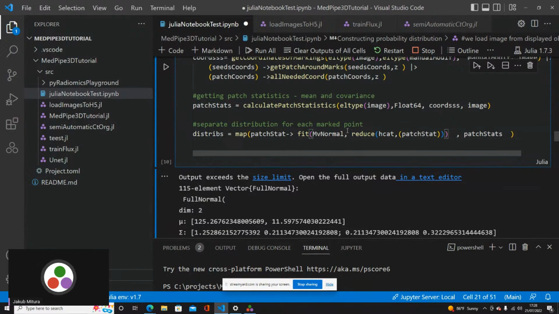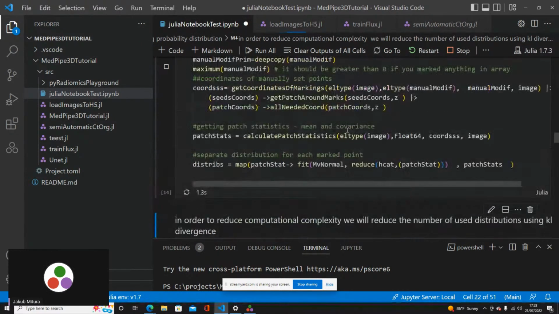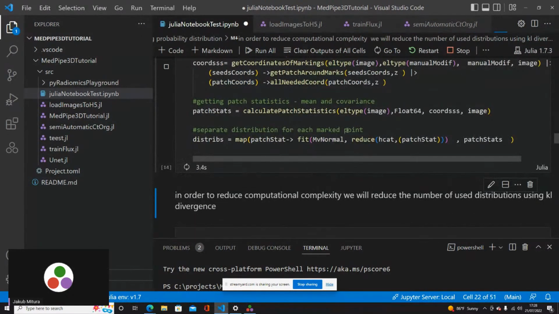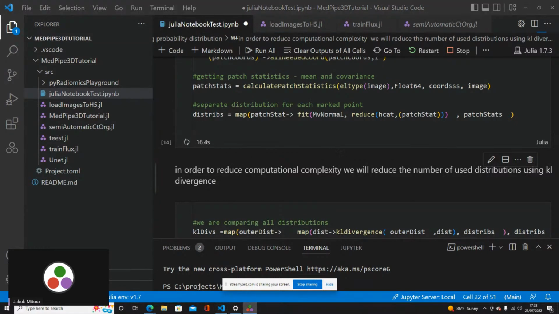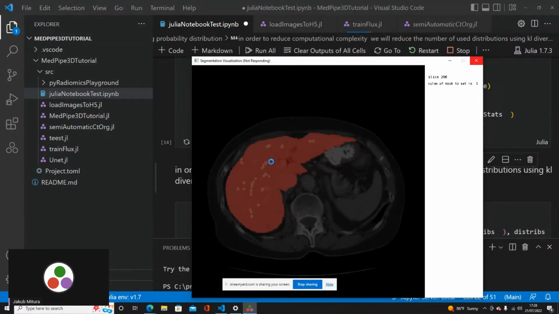Now we are doing it all on the CPU, so it can take some time. But it's quite intentional, because it's very simple to see and also useful to understand what is happening. We are not doing so much work. We are just getting each point and its neighborhood. It seems simple.